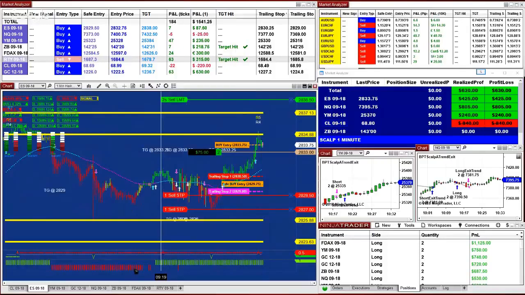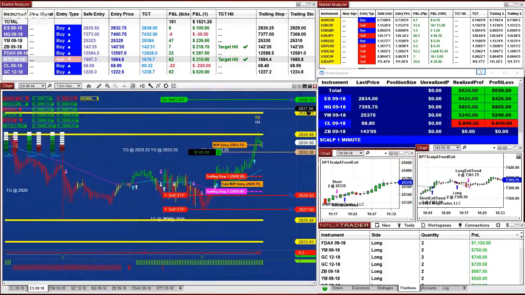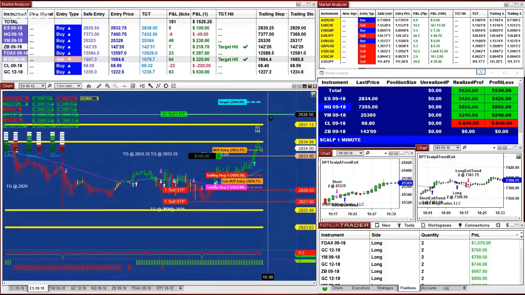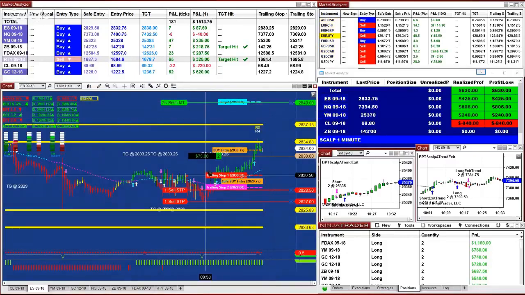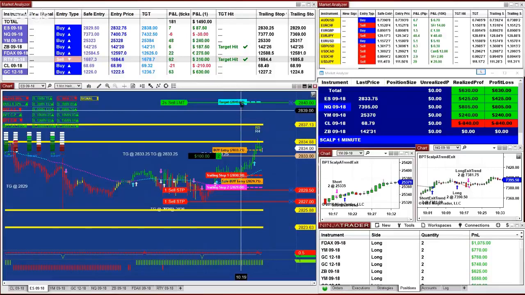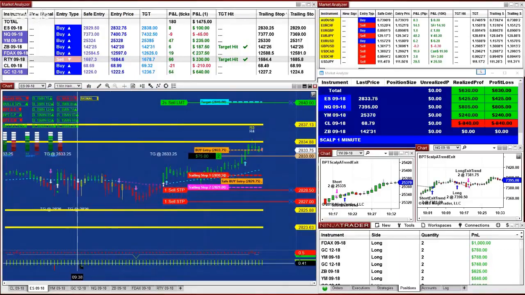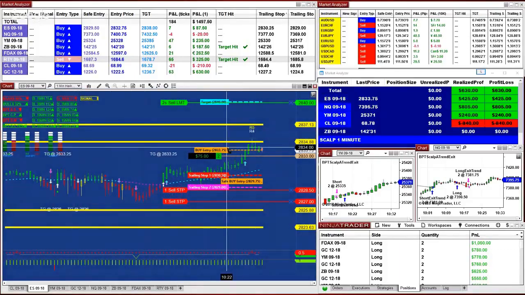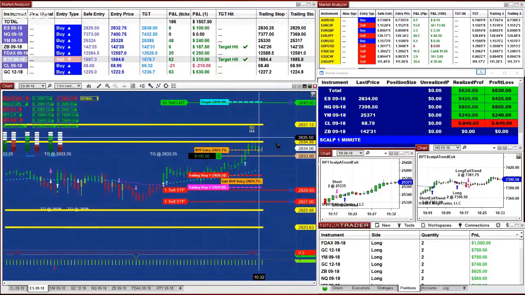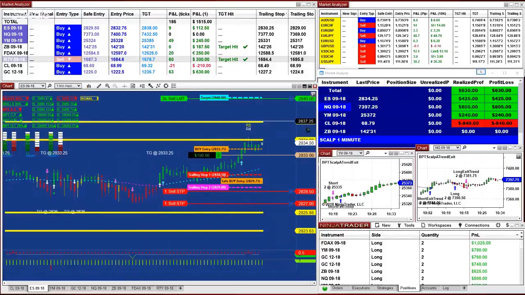Okay, now this is really interesting. On the ES, we have a new target. And if you were on that fully automated trade, you would be closing out at 38.25. But now we have a new number on the ES, so you can extend it if you want to stay on that trade. Let's look at the ES. We have a couple reversals. Oh yeah, we need to cover the reversal today.